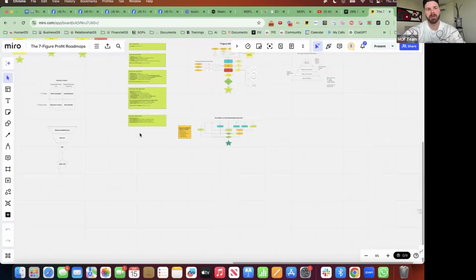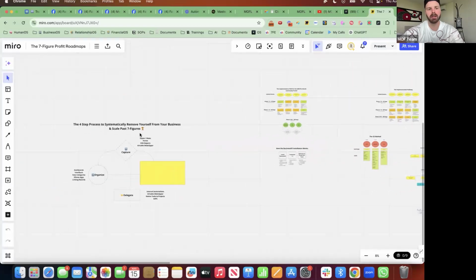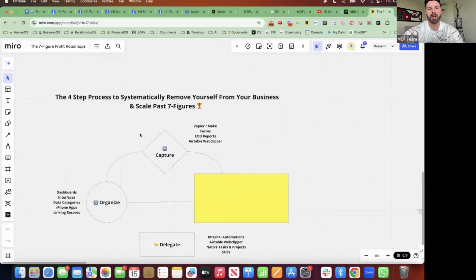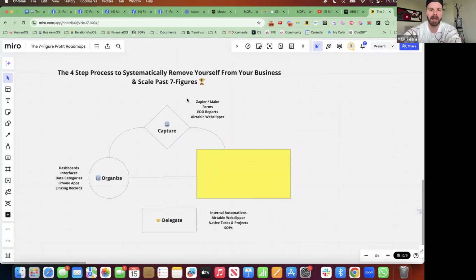With YouTube, it's about retaining the viewer as long as possible, right? So here's one of them that I'm shooting, the 4-step process to systematically remove yourself from your business and scale past 7 figures, right? I have this methodology laid out, but I'm blocking the third one.